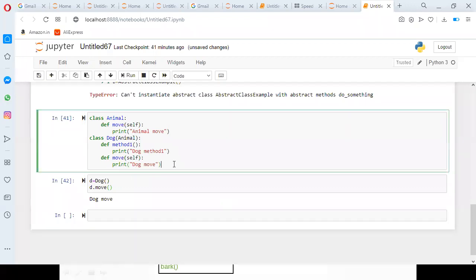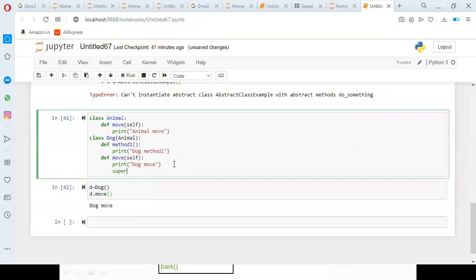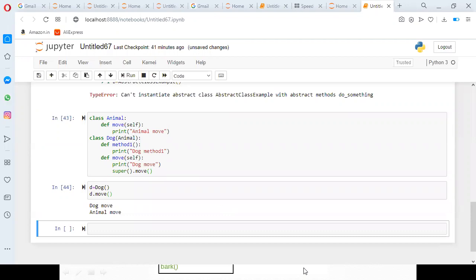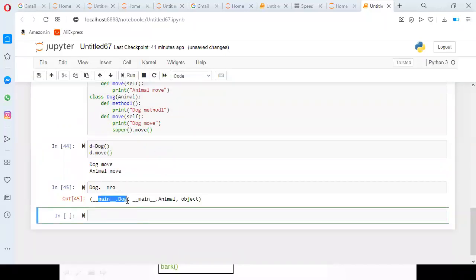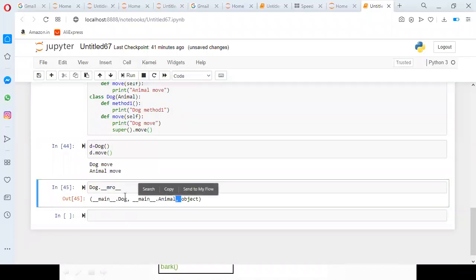If you want to call super dot move here, we'll try it. When you call super dot move, animal move is going to execute. But if you call d dot move directly, it gives preference only to the existing class. If you want to know, go with dog dot underscore underscore mro underscore underscore: it shows dog, then animal.